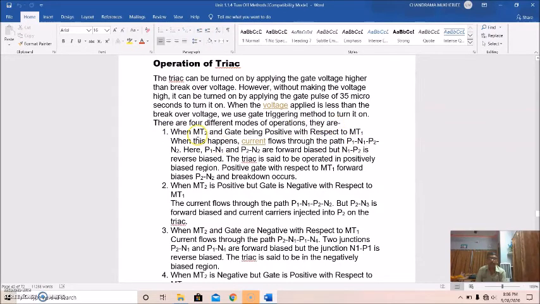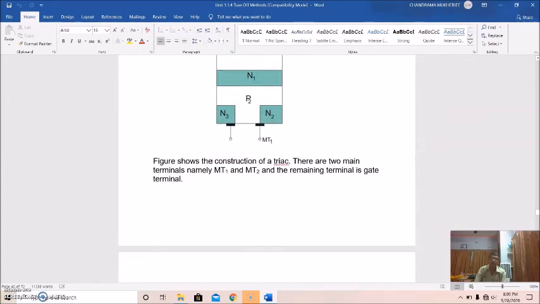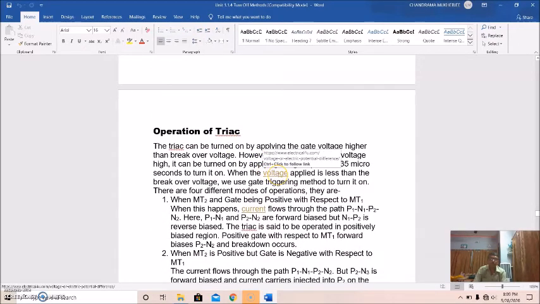MT2, main terminal 2, and gate being positive with respect to main terminal 1. When this happens, current flows through the path P1, N1, P2, N2. P1, N1 and P2, N2 are forward biased, and N1, P2 is reverse biased. The TRIAC is said to be operated in a positively biased region, with positive gate with respect to MT1,